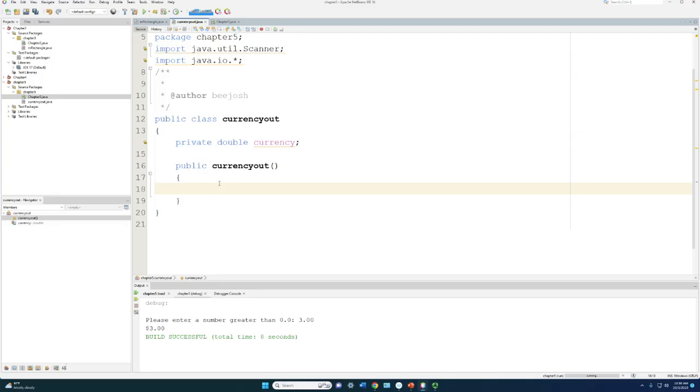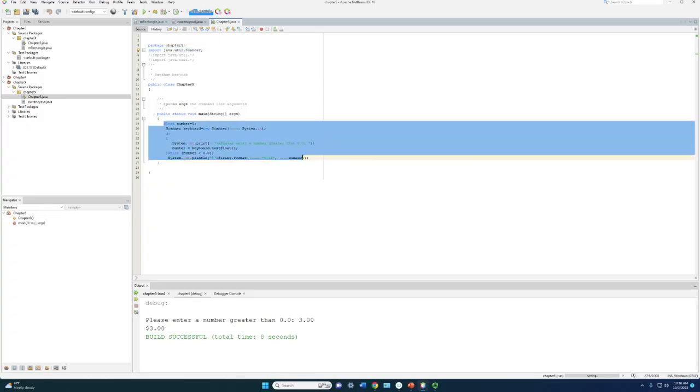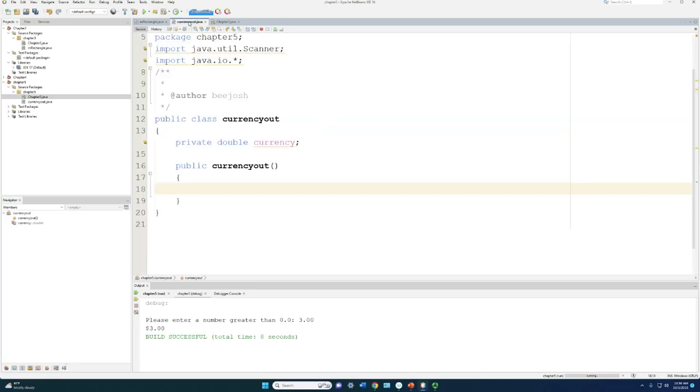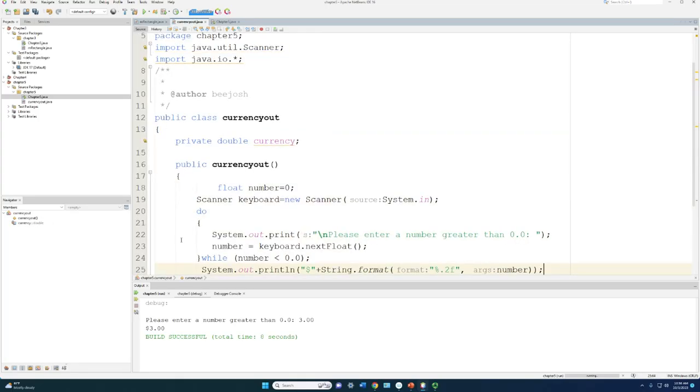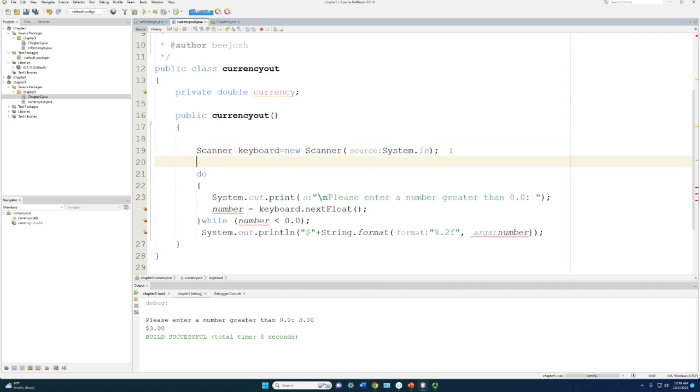So now one of the main things that we're going to do is let's go steal the code that we've already got written over here, because we already got the scanner in. We're going to move some of this around though. So I'm going to take it and put it in. The main thing is we don't need this anymore. Float number goes away. We need the scanner. That's going to be our first thing. That's for our input. And then what we need is